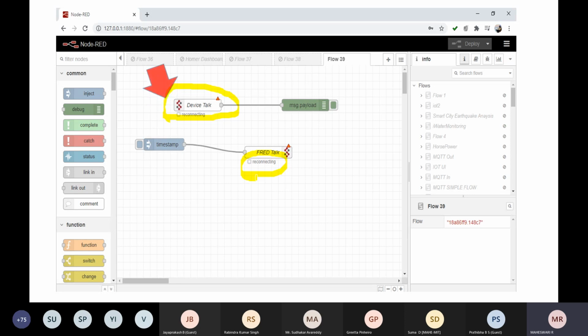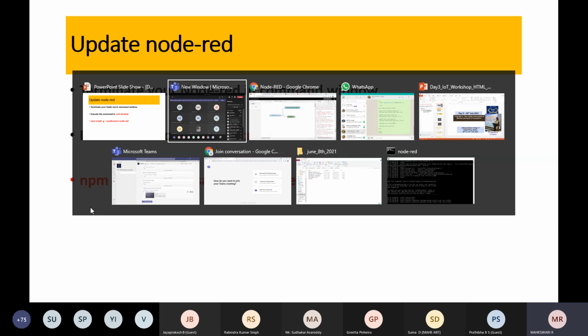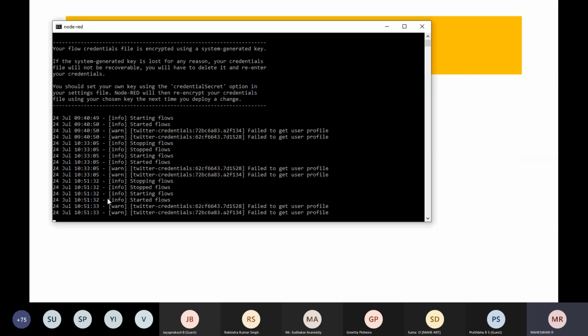Once I establish the client side and the server side application, it gets inactivated. One point here, which I came to know through experience: they have upgraded Node-RED, and some Node-RED versions do not support this FRED option. If so, go to the command window, the black screen of your Node-RED, and stop this flow.